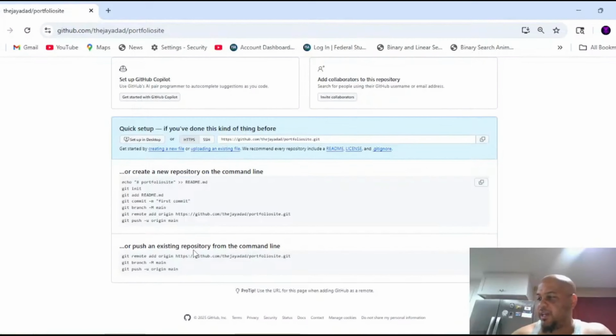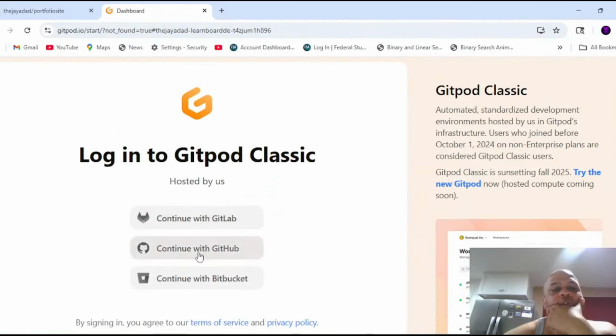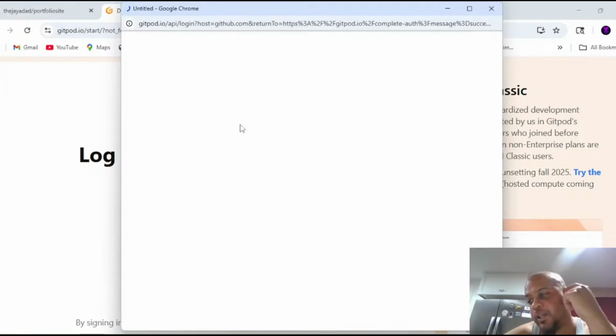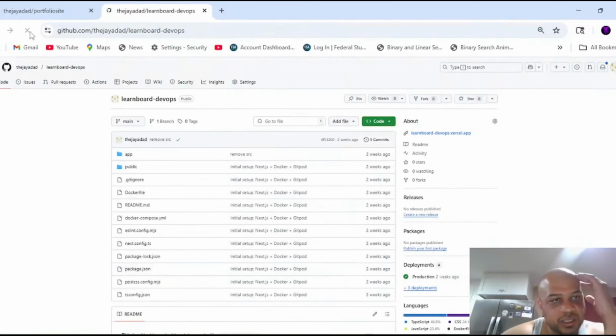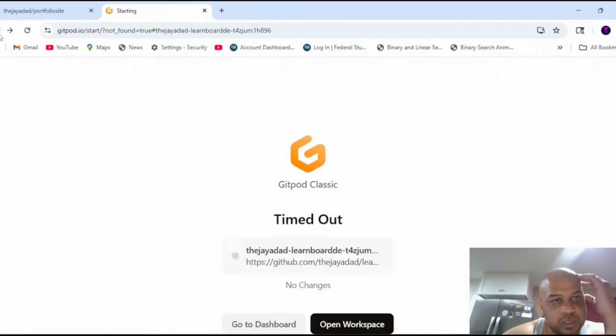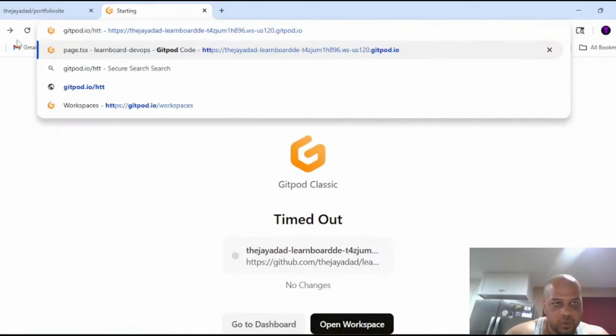So since we're good here, next thing we want to do is access gitpod. And we'll go to continue with GitHub. We'll need to log in. And if you don't know what gitpod is, it's basically a way for us to containerize our application. I don't want this one. Let's go to gitpod.io,